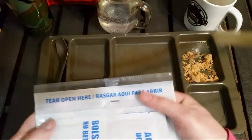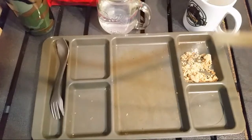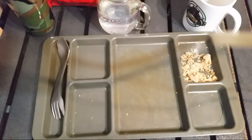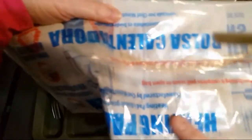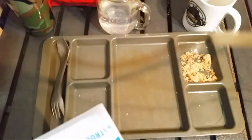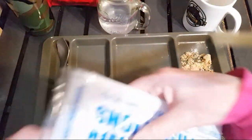The foam tray was a bit suspect, but the heating element that's in here, I got the element to shake down. It's the same element. So this is how big the element is this way, and then it's almost the width of the bag this way, so that's a pretty good size element. So this would be great for